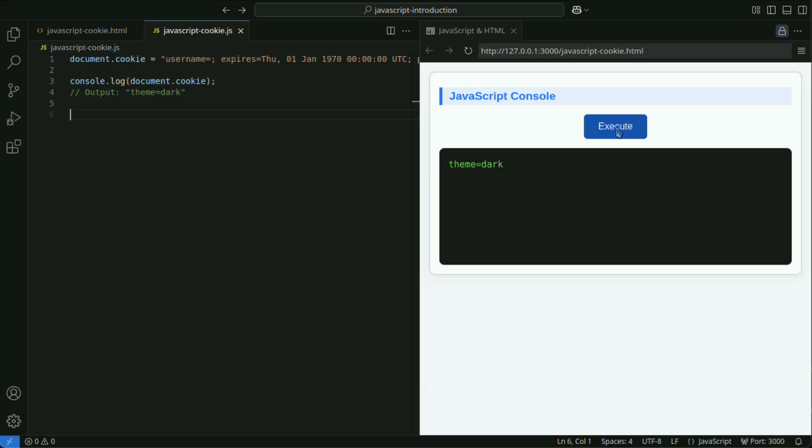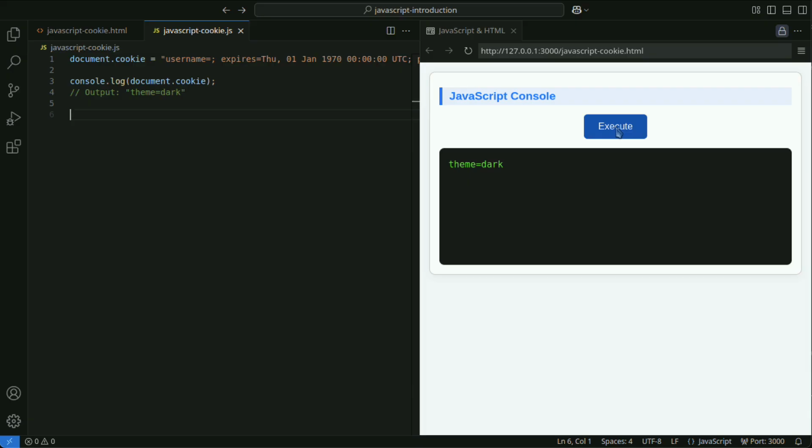Path specifies the path for which the cookie will be sent. For example, if you specify admin, the cookie will only be sent to pages under that path. Domain specifies the domain for which the cookie is valid.